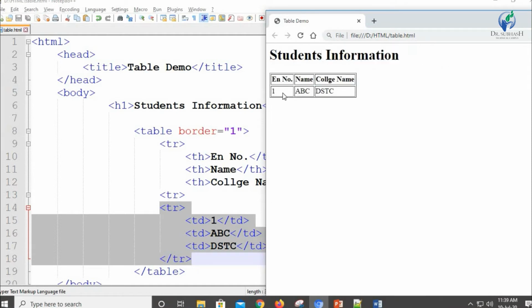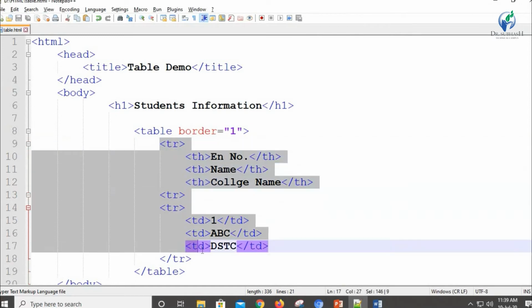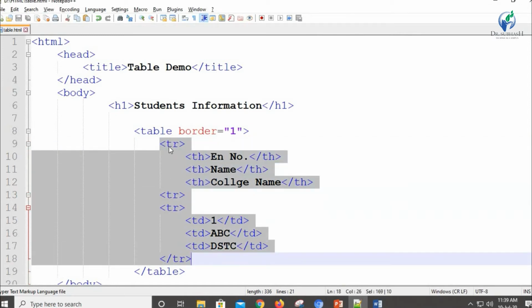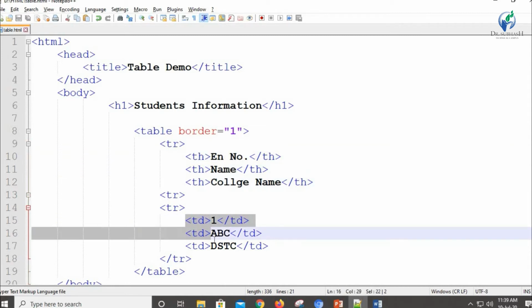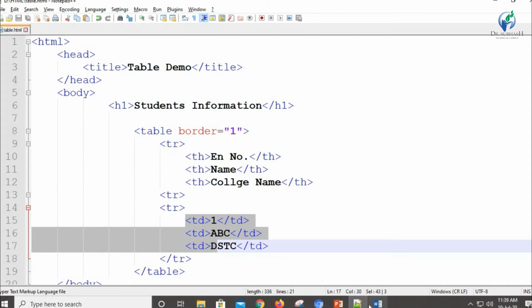this is left aligned and it is regular. It does not come in bold. The font style is regular, whereas with the TH the font is bold and the alignment is center. So this is the difference between TH and TD. Generally TD is used to represent the data and TH is used to apply a heading. Okay, so this is what we have created. We have created 2 rows, and inside each row we have 3 cells: 3 heading cells and 3 regular cells to contain the data.